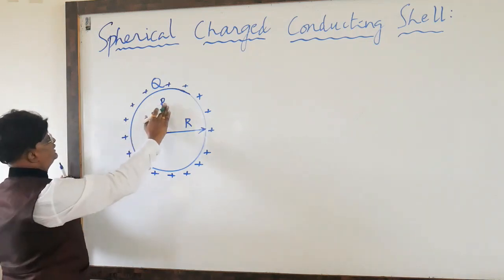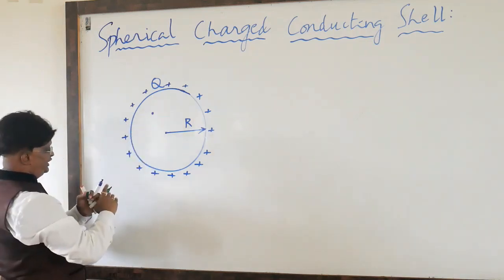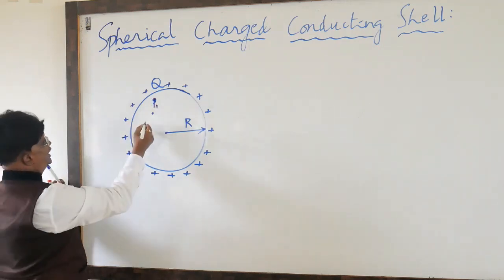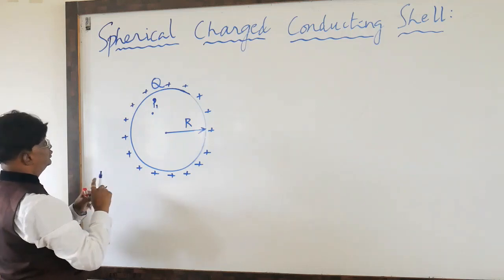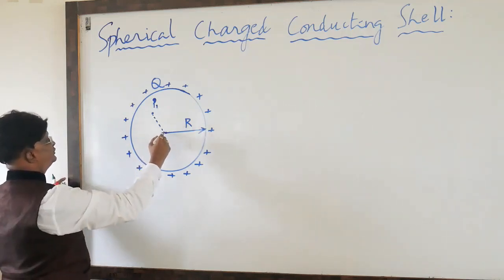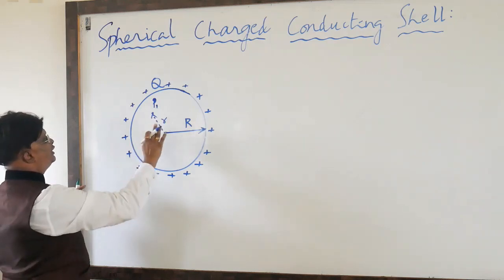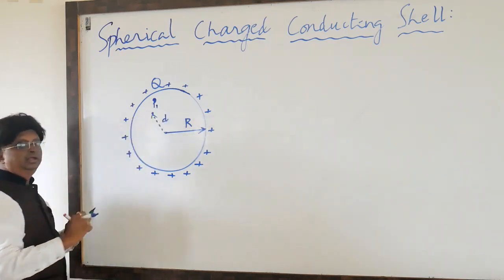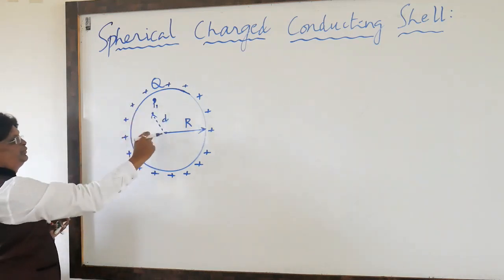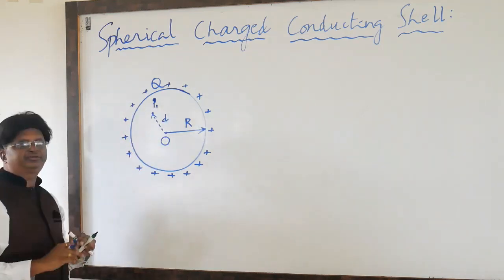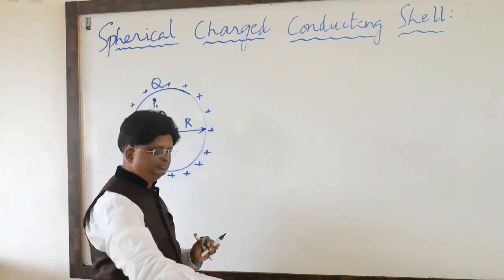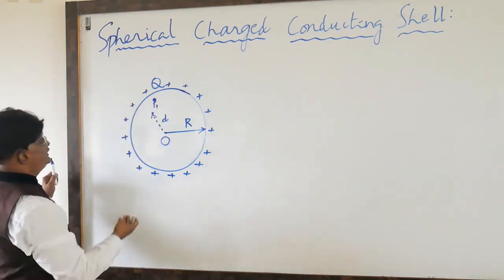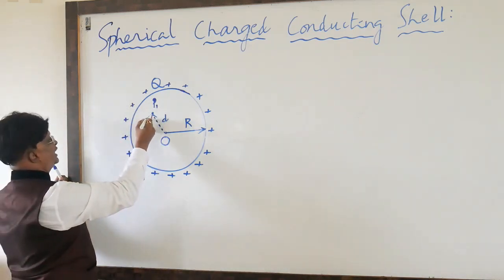Therefore, now P1 is the point at which we need to find the intensity. So this is P1. For that, what we do is, at a distance, suppose I call this small r, or better I write it with some symbol, I write it as d. So d is the distance of the inside point from the center of this sphere, which I am taking as O. Now here you see, to find the intensity at P1, now we imagine